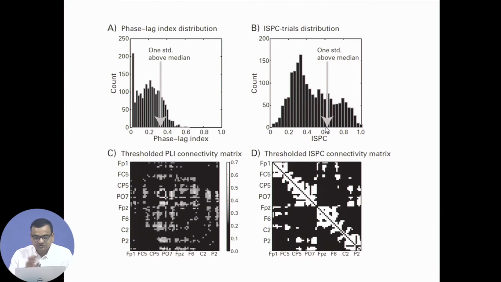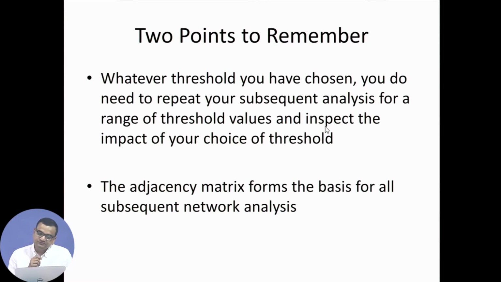But for simplicity, let's consider only that a value above the threshold would be 1 and below the threshold would be 0, or we keep a certain number of connections, say the 20% or 30% strongest connections. An important point is that whatever threshold you have chosen, you need to repeat your subsequent analysis, because afterwards your matrix will have changed from the original values to either 1 or 0, or some values remaining and others set to 0. Then you calculate certain measures. I will talk about that, but it is important that you repeat the whole analysis with a different threshold,